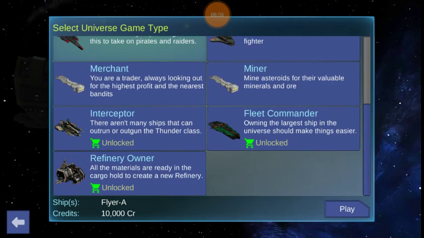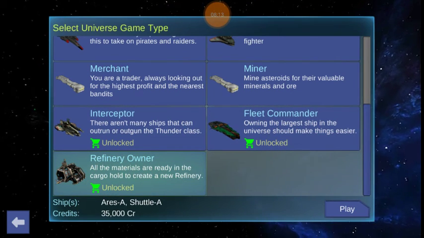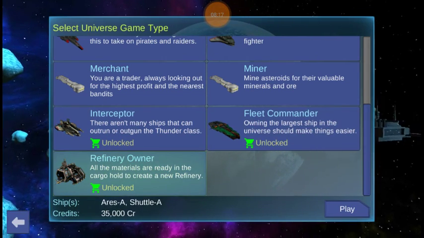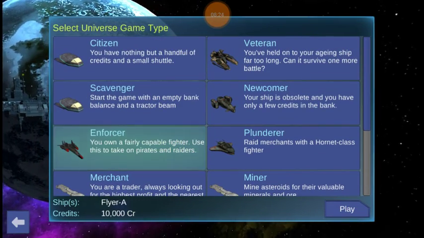And we're not going to be going over these beginnings because you have to unlock them first by paying for these, literally paying for these. But these are well worth the money, okay? Especially the Fleet Commander and the Refinery Owner, okay? But I'll pick the Enforcer